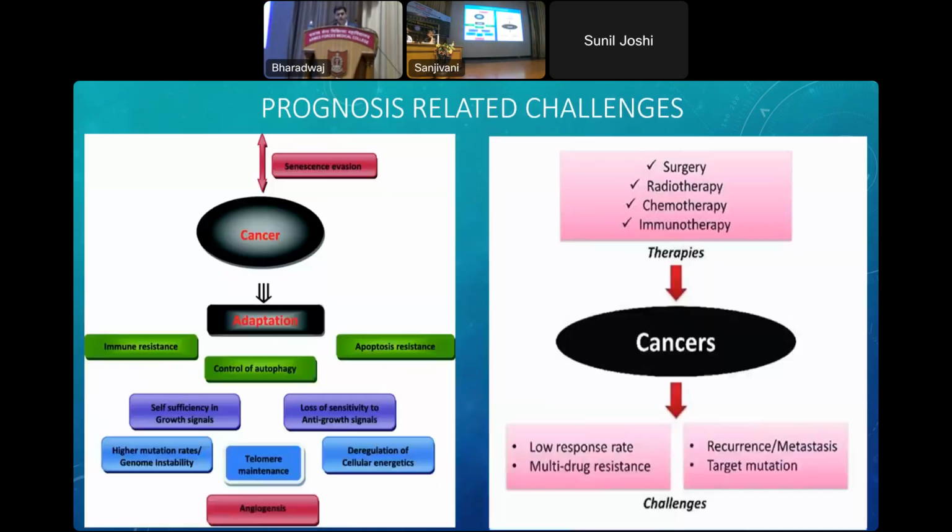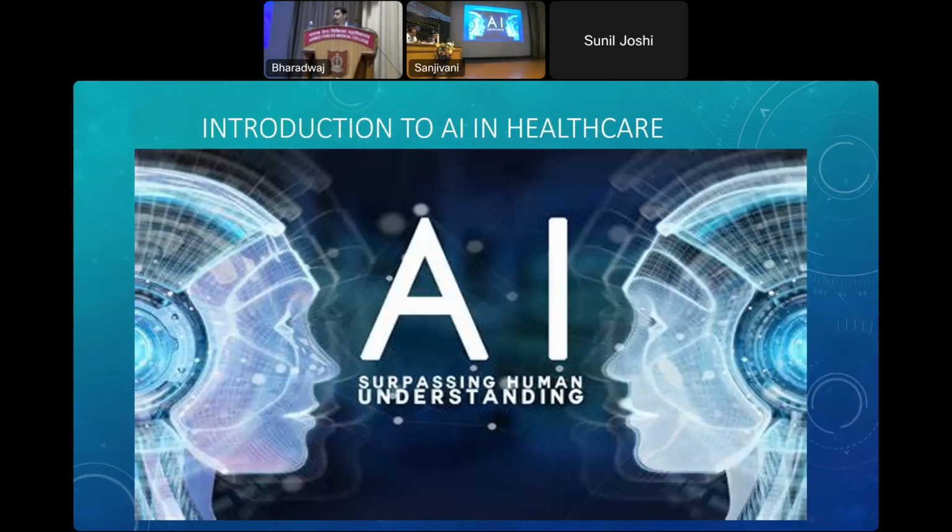And these are the prognosis related challenges as well, where on the left side we can see the molecular and genomic related challenges which we face, which is not in our control, and the treatment related challenges which are partially in our control, but at some point of time we can't answer the questions of the patients, like what is the prognosis of the particular disease. So this is where AI is introduced in head and neck malignancies, where all these diagnosis and prognostic challenges can be solved, and we have a better answer for the patient to give.